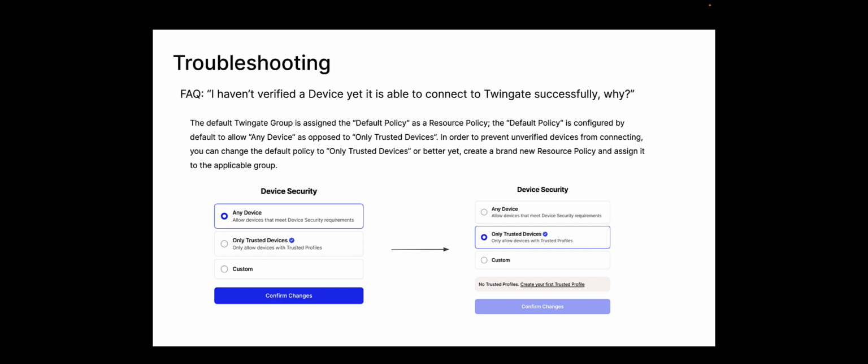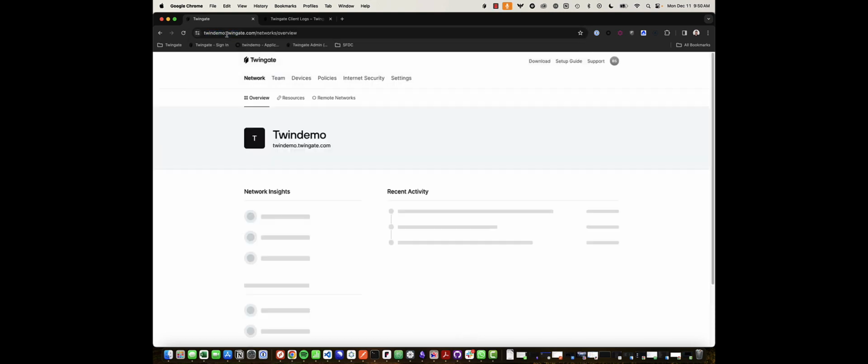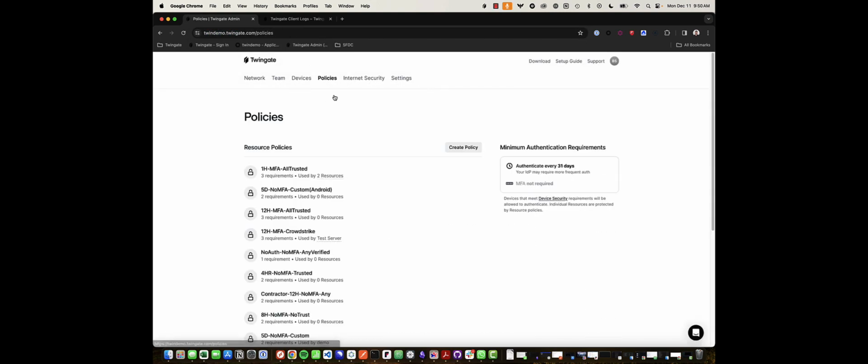That is, I created a profile in TwinGate that is supposed to verify my devices via Sentinel-1 or CrowdStrike. I don't have either Sentinel-1 or CrowdStrike on my device, yet I'm able to connect. That is always a question of how you've actually implemented your policy. The profiles you create, right? So if you go to the admin console, the profiles you create under